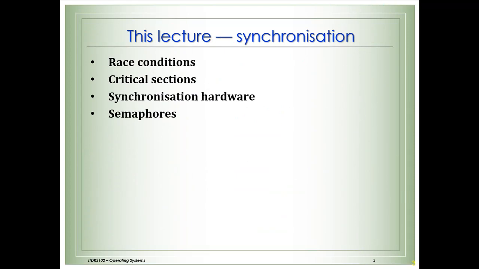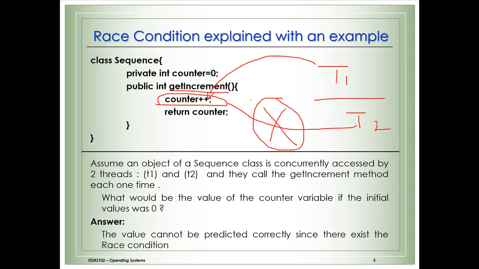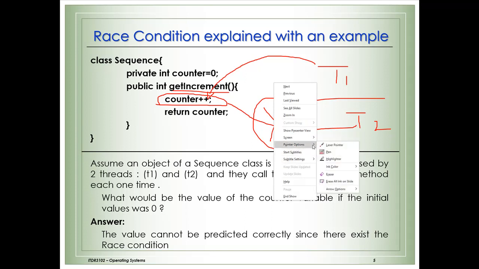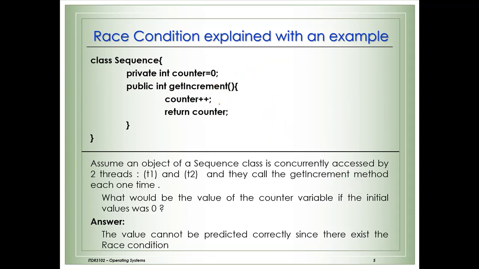Okay. Now, this is the critical section. Why is it a critical section? Because this statement allows multiple threads to share and update common data, the shared data. Such a statement we can consider as a critical section.